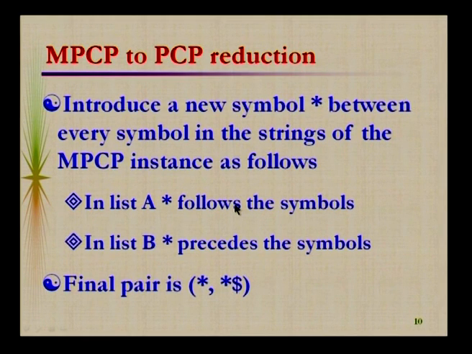Then only it will be convenient for us to prove that PCP is an undecidable problem. PCP has no restriction, but MPCP has a restriction. So, we must convert the explicit constraint in MPCP into an implicit constraint in PCP, which means once an MPCP has been transformed into a PCP instance, the PCP should not be able to start from any corresponding pair other than the first. That is, we are implicitly forcing PCP to start from the first corresponding pair. If that restriction is there in PCP, then we can say that MPCP and PCP are equal. That transformation we are going to study.